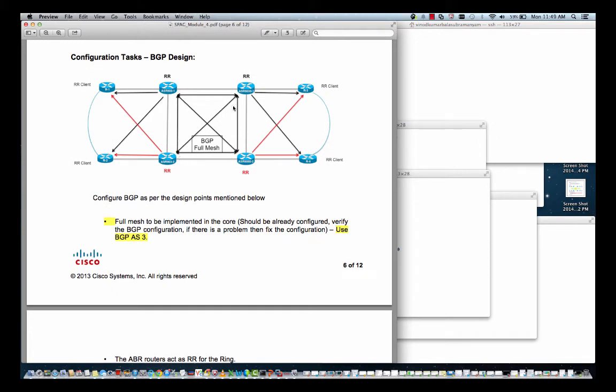You have full mesh, or you can do route reflector-based BGP here in your core. And the ABRs attached to each ring become the route reflectors, and the access nodes become the route reflector clients. And what you do is, when you are sending a BGP update from one route reflector client to